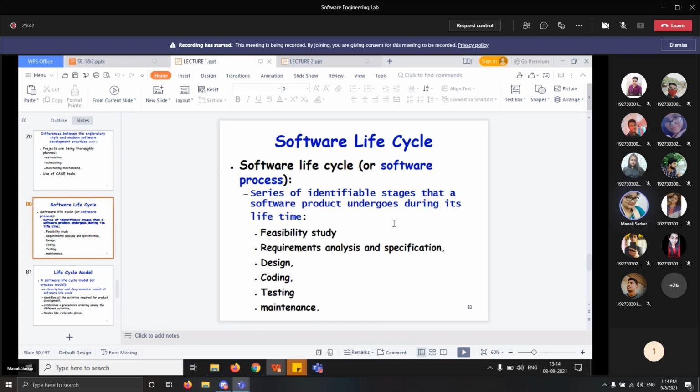Software life cycle. We discussed some basic issues in software engineering in the previous class. We also examined the key differences between the exploratory program development style, where the programmer has complete flexibility regarding the activities he performs to develop the software, and the software engineering approach. We highlighted that, in contrast to the exploratory style, the modern software development approach emphasizes adherence to a well-defined